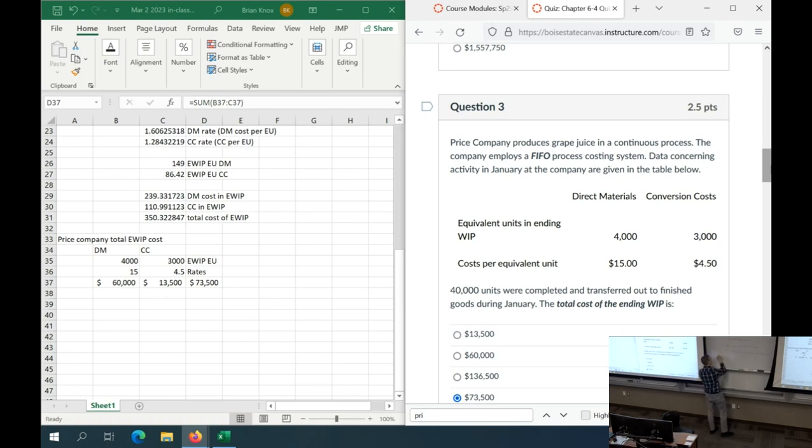Then what TEU equals, when it's set all together, we can take these terms right here and replace them with units completed: beginning WIP physical units plus units started, I'm going to abbreviate it, minus ending WIP physical units. Okay, that's just units completed rewritten, minus beginning WIP equivalent units plus ending WIP equivalent units. And we couldn't do anything with this under normal circumstances, but if direct materials are at the very beginning, then the direct materials physical units are equal to the direct materials equivalent units. And so